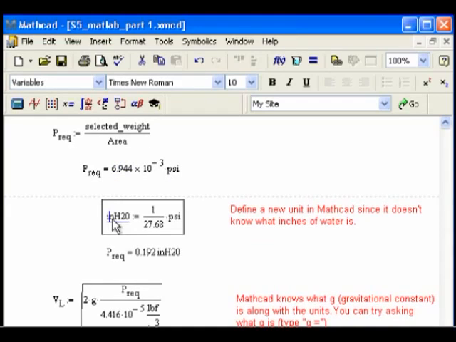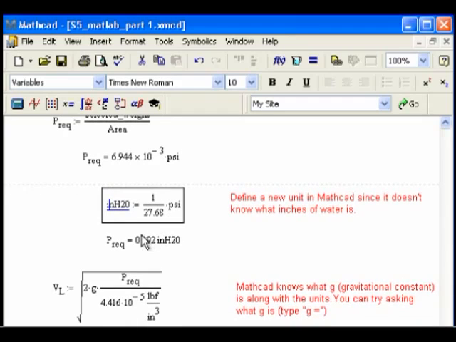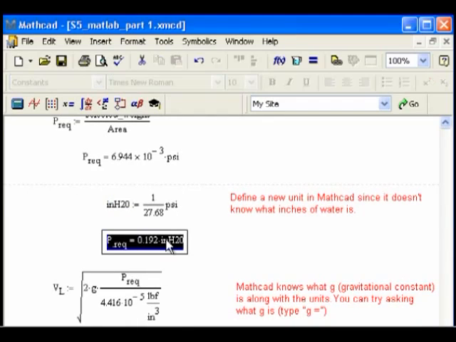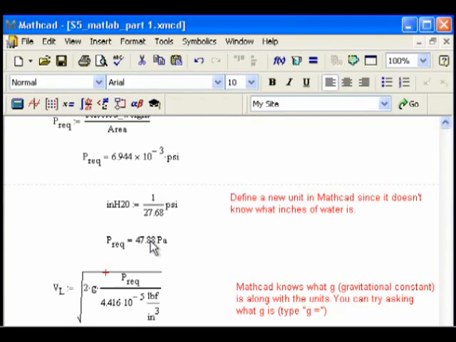So I typed in this definition, inches of H2O equals, and I use that colon for the equals, that's a definition, 1 over 27.68 PSI. And then I can ask it. So later on, if I go in and ask it, let me show you here what I did. I said prereq, and I asked it for a prereq, and it gives it to me,